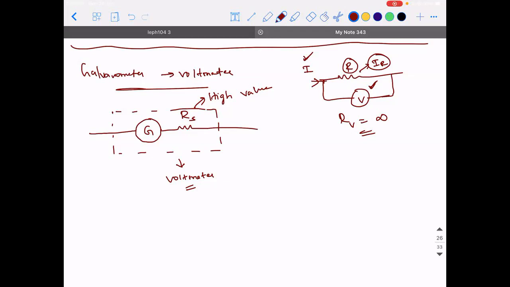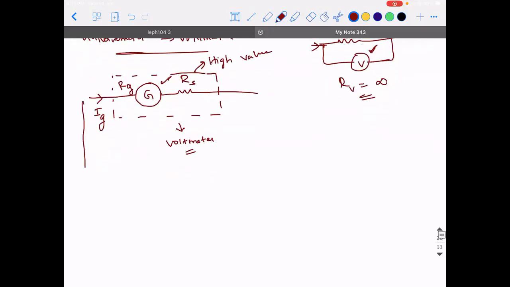So if I take the current to be I in this, how much is this current going to be? Since it is flowing through the galvanometer, this will be IG. Always remember, the safe bet on a galvanometer is ensuring that a full scale deflection current is flowing through it. So IG into how much is the resistance of the galvanometer? Obviously, it is RG.